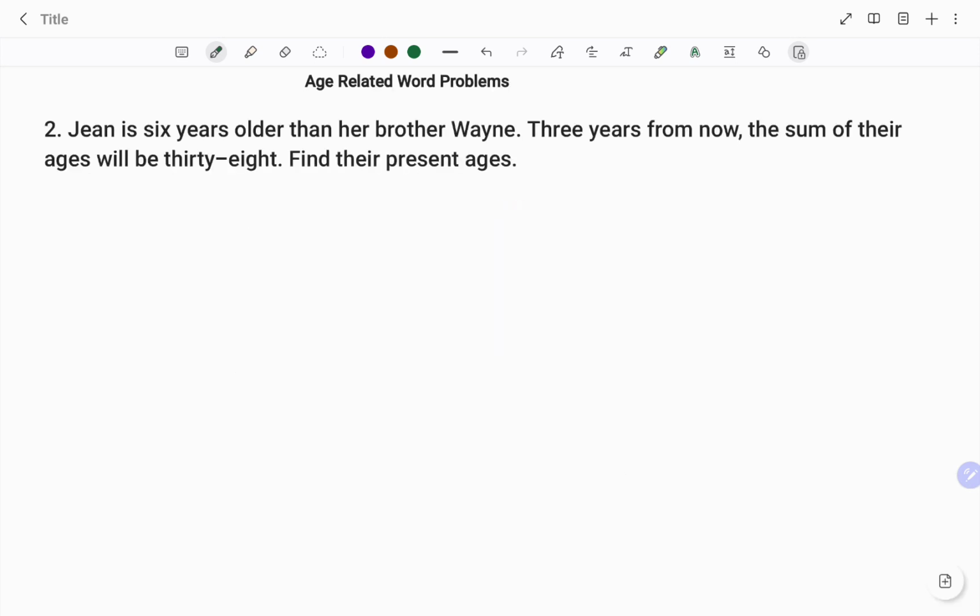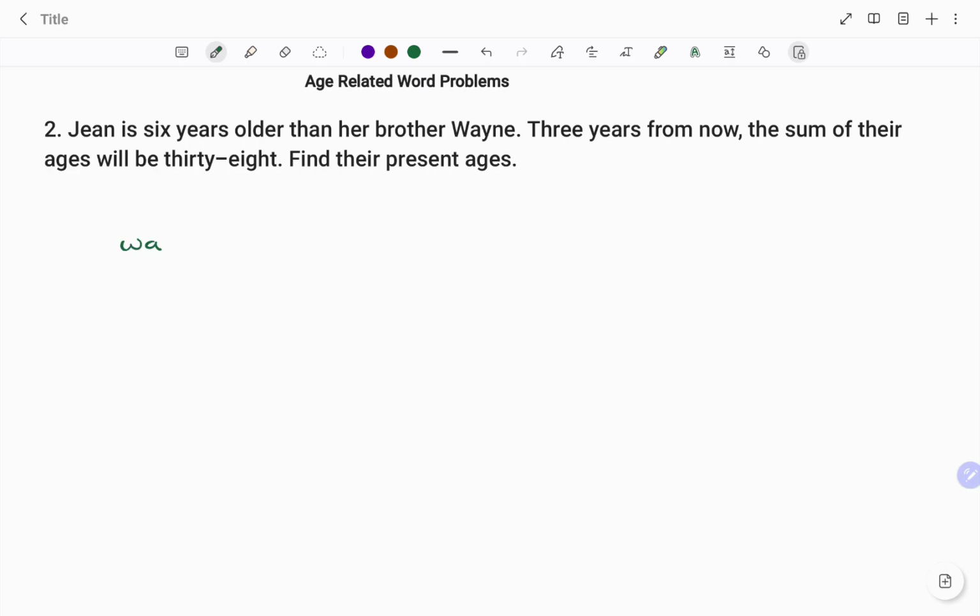In the second example, we have Jean is 6 years older than her brother, Wayne. 3 years from now, the sum of their ages will be 38. Find their present ages. So like I did earlier, I'm going to use the column method to say I have